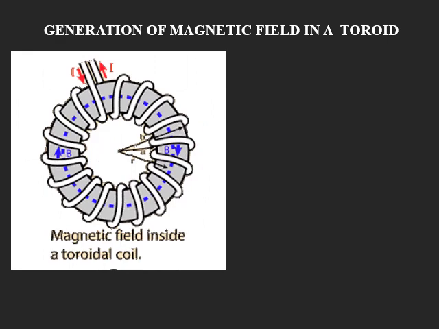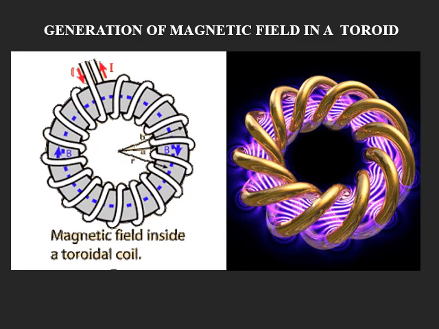So we have learned that a toroid is nothing but a solenoid which is bent into itself in the form of a circular shape. Which means the magnetic field that is present along the axis of the solenoid will all be enclosed inside the toroid, as shown in the diagram here. You can see that all the magnetic field lines are within the toroid. There are no magnetic field lines in the hollow space or outside the toroid. So we will have to derive the equation for the magnetic field for a toroid.